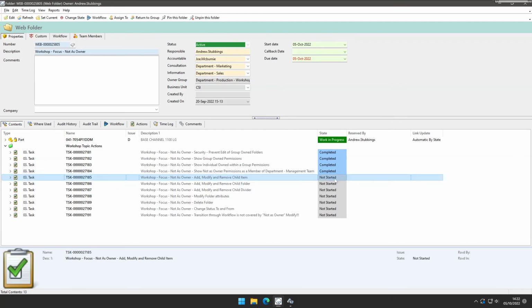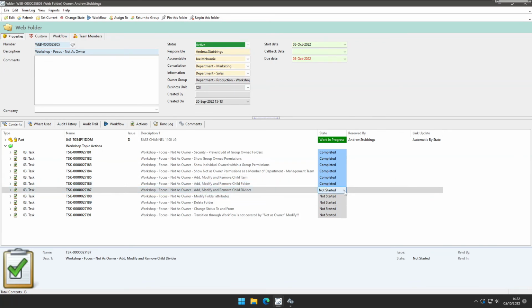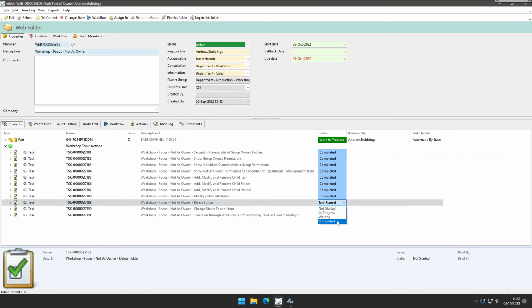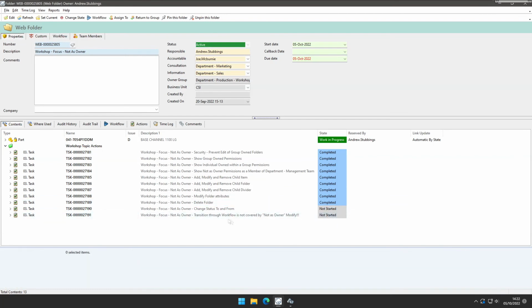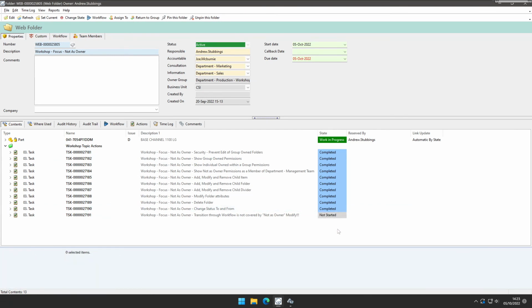we've been through this. The ability to add, modify or remove items, subfolders or subdividers. Now that point, and the ability to modify the attributes of the folder, and the ability to delete the folder, change to and from status. Okay, now